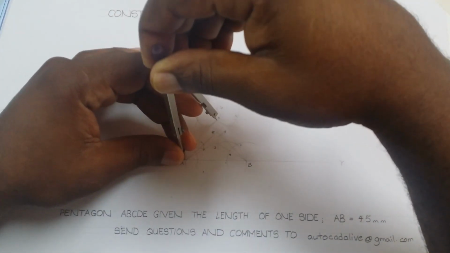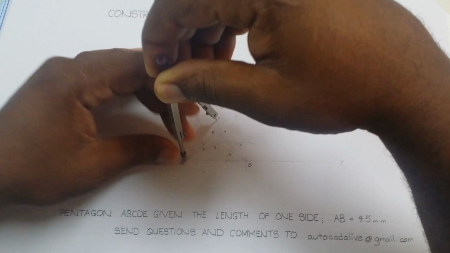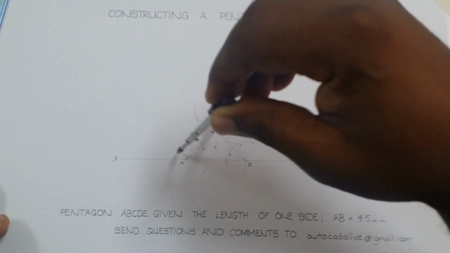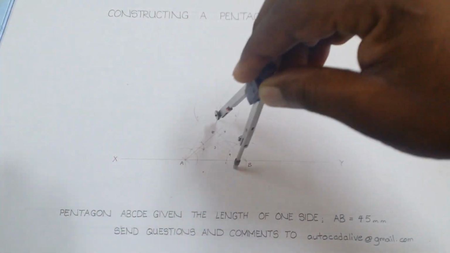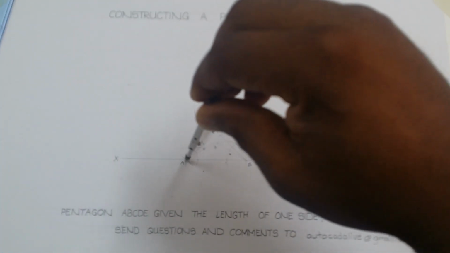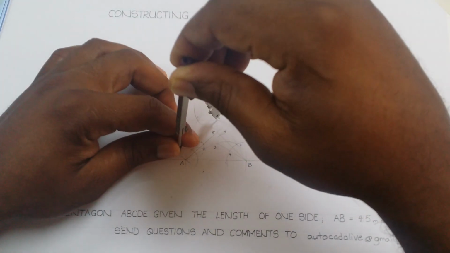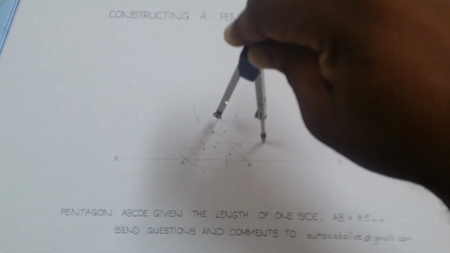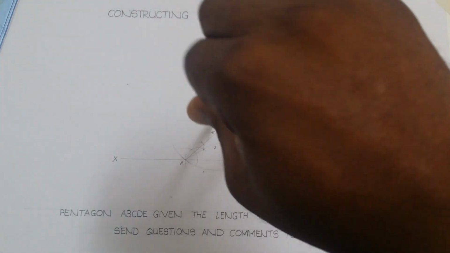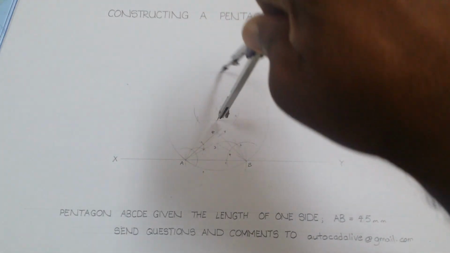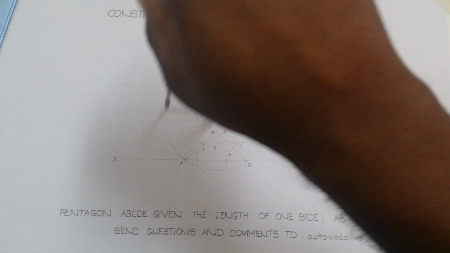And we open our compass to point A, and we are going to inscribe a circle using point A, B as the length of one side, point 5 as our center. We inscribe our circle,